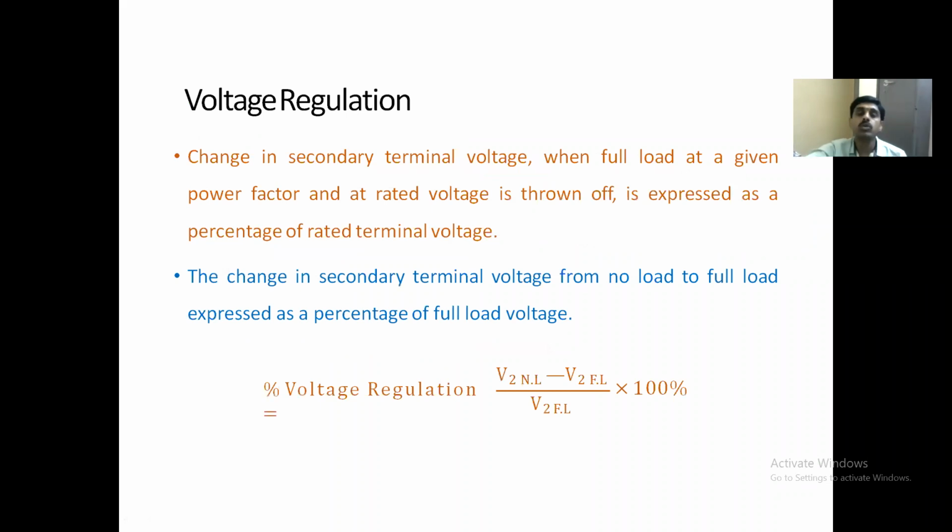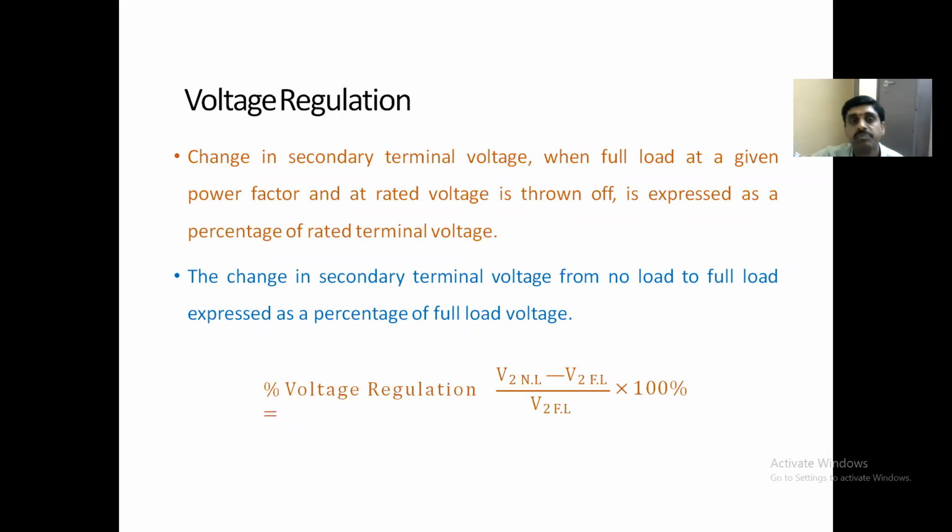So now we are going to the voltage regulation discussion. Till now we have discussed the construction, operation, no load and load condition phasor diagrams, equivalent circuit, problems on that, different types of losses, efficiency, and all-day efficiency. Now the very important concept we are discussing is voltage regulation. Once this voltage regulation is over, then we'll go for three types of tests. Join me in the next session.